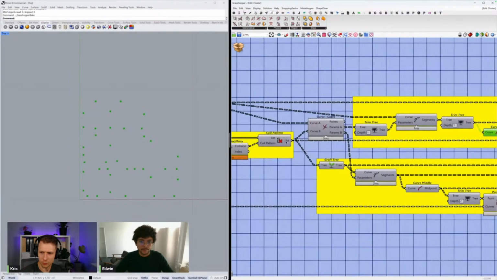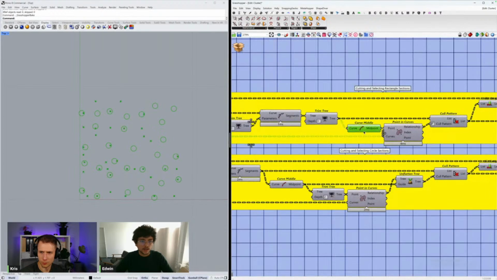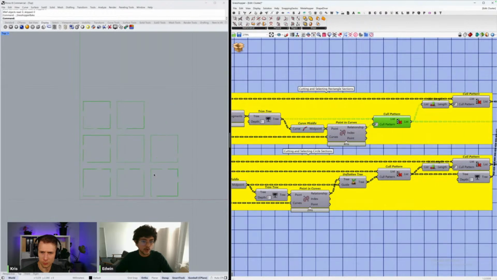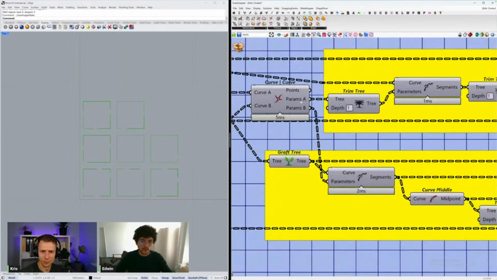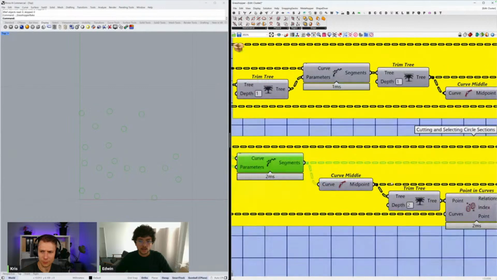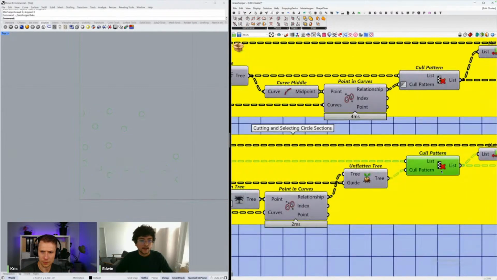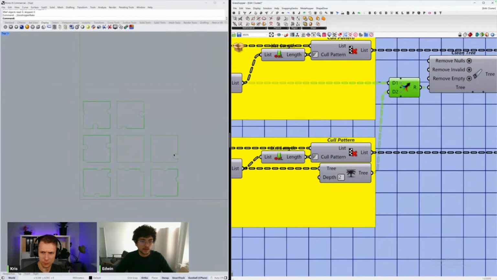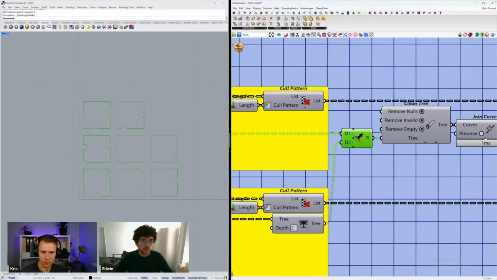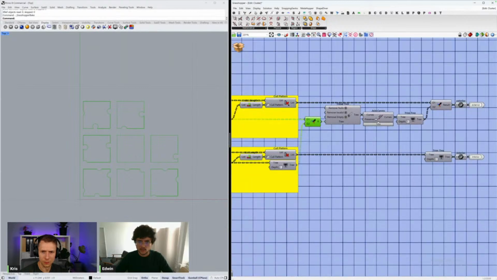I take these curves, I take the points, and I do a containment check to see what is relevant in my rectangles. So you can see, okay, here is going to come a circle, here again. And the same I do below, but to the other side. I'm using both outputs of the curve intersection. The output A for the rectangles, the output B for the circles. And then I do exactly the same, similar. And I also start to remove what is not relevant. And then you end up with this part, and the interior curves are here. And these are the curves that are not doing an intersection, and here are the other ones.